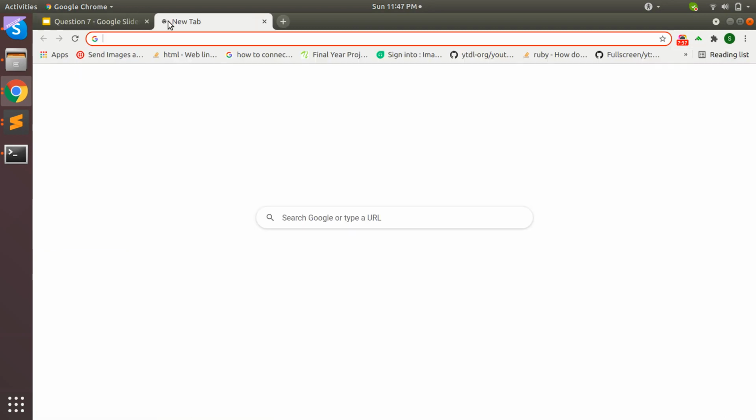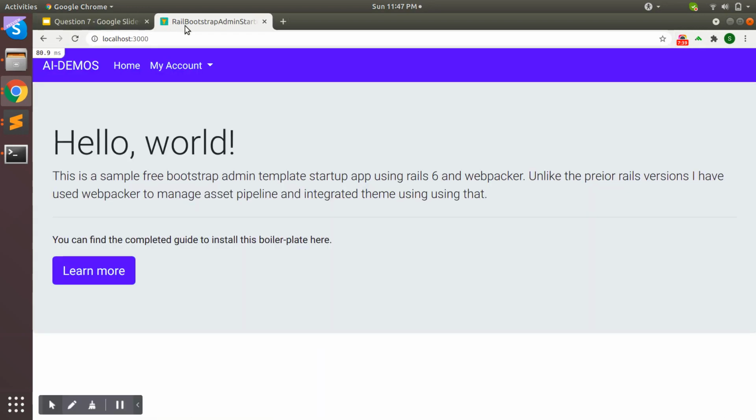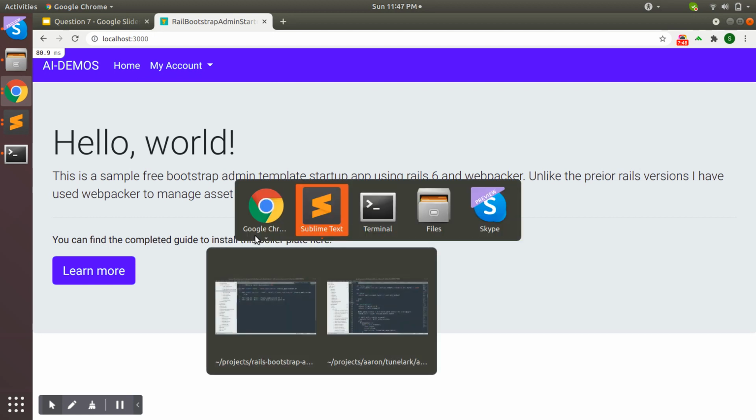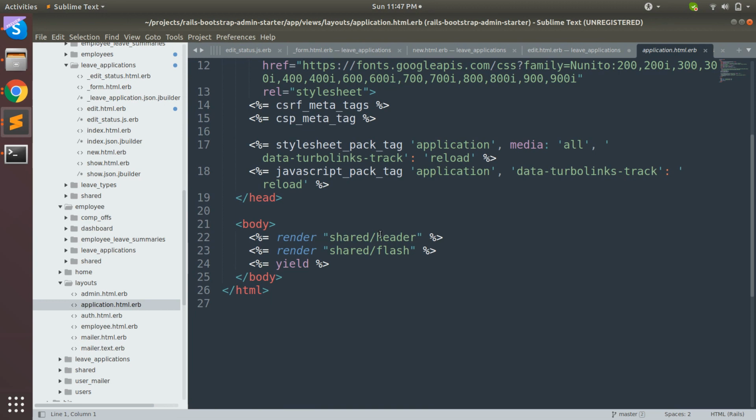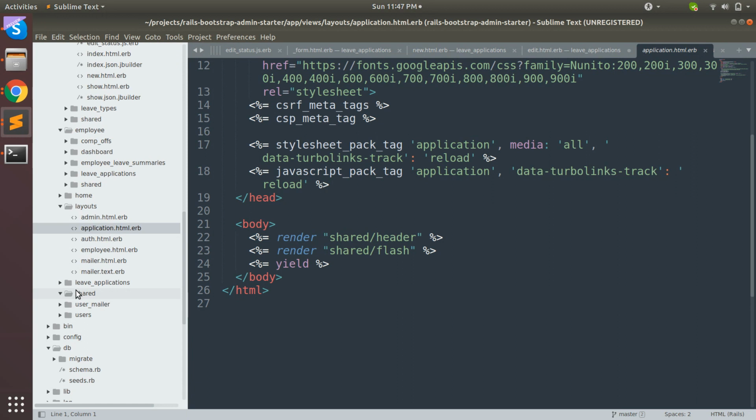Now let me show you an example. Okay, so here you can see a navigation bar and some content. Now let me come to the application layout. This is the header template inside this shared folder.